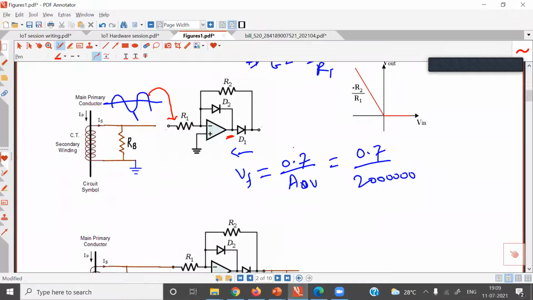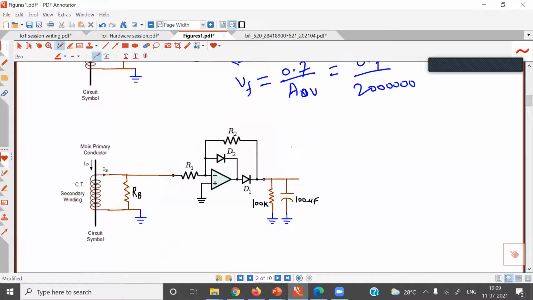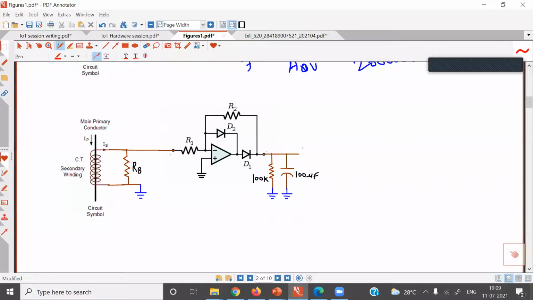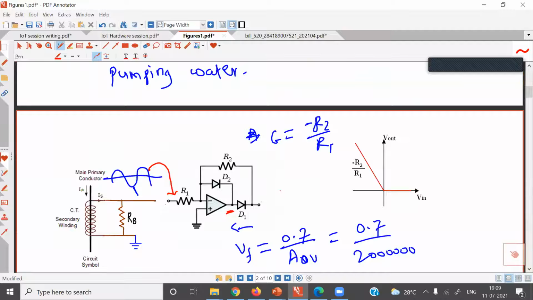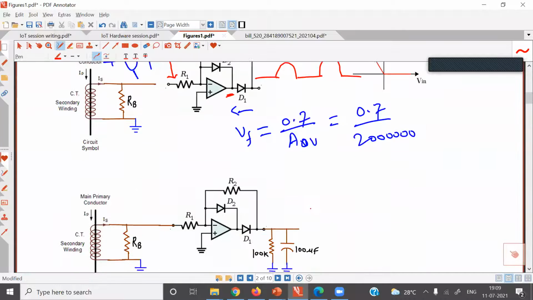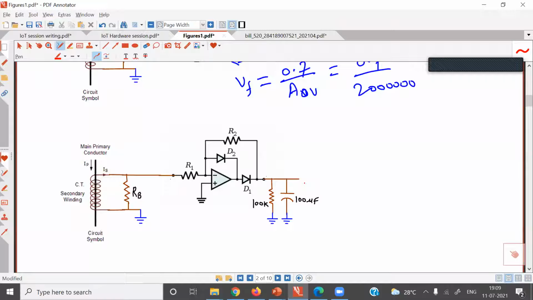voltage, rectified positive voltage. So we need to connect a capacitor, otherwise our output voltage will be pulsating. So the voltage that we get here is pulsating DC. To measure this voltage, we must first of all convert it into pure DC by putting an electrolytic capacitor at the output of this precision half wave rectifier. So when we put this capacitor, we'll get DC voltage.